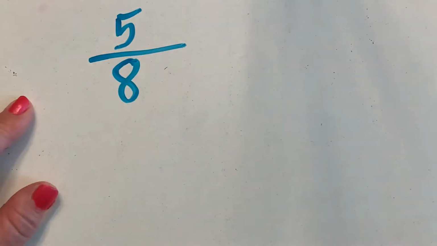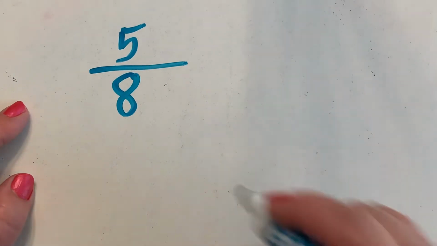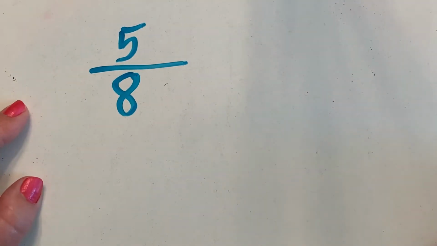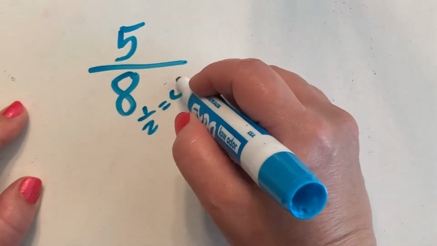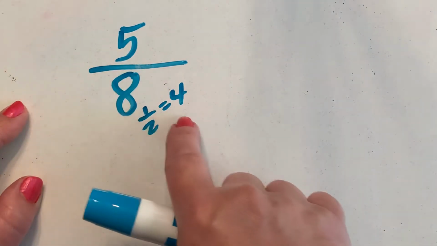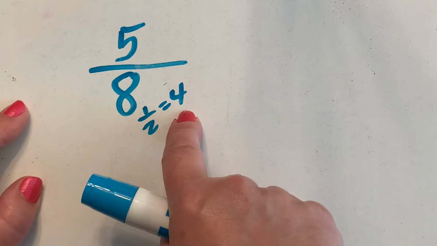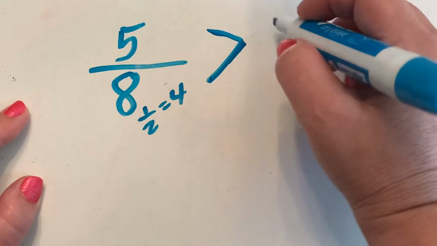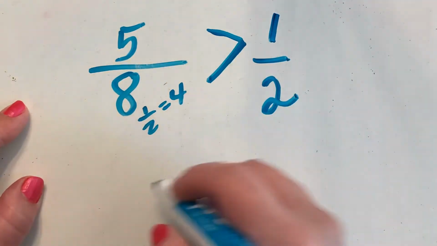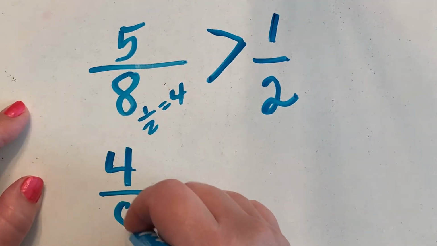If I have 5/8, what's half of 8? 4. So if half of 8 equals 4, is 5 greater than 4 or less than 4? Yes, it's greater. So 5/8 is greater than a half. And then 4/8 would do what? Equal